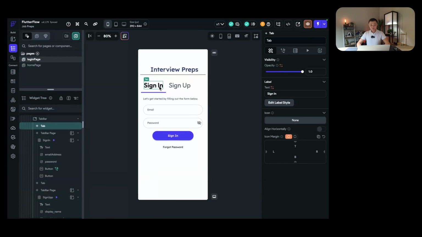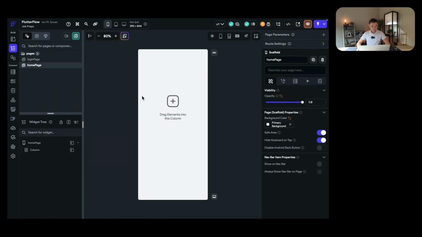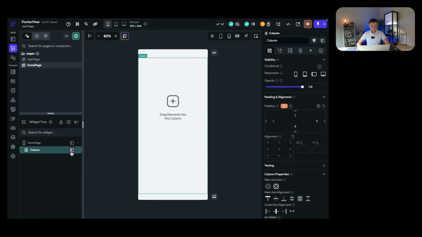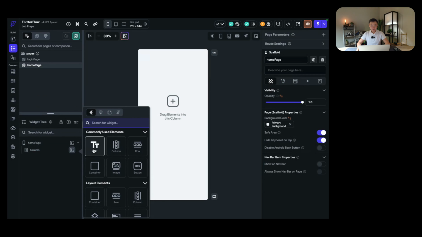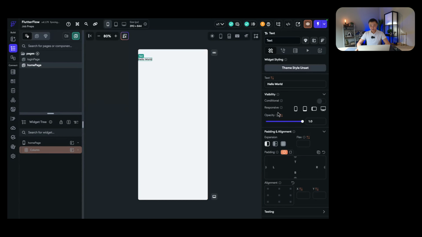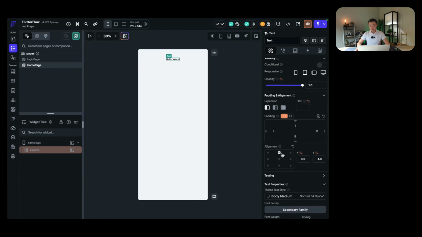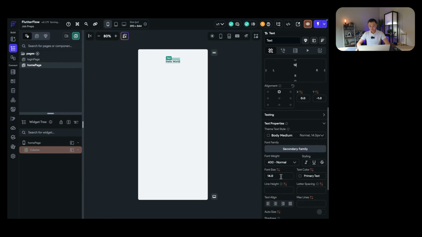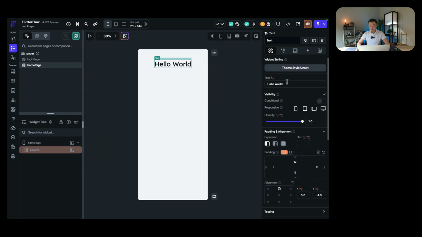So what we're gonna do now is we go to homepage, and then on homepage, we're going to say one text that's gonna be in the middle, maybe a little bit down here, alignment, padding, and then this is gonna be, I don't know, maybe 27. And we say here